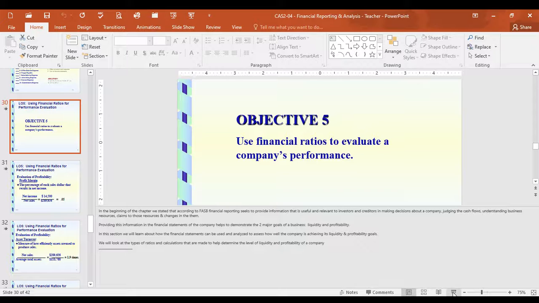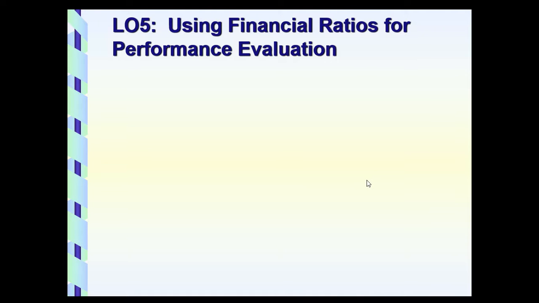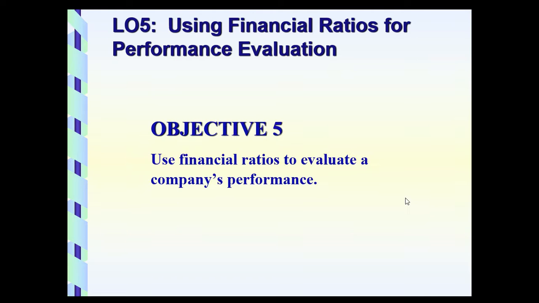Okay, today we are going to focus on the last objective for Chapter 4, Financial Reporting and Analysis, and we're going to work on objective number 5, using financial ratios to evaluate a company's performance. And back in the beginning of this chapter, what we had indicated was that according to FASB, financial reporting